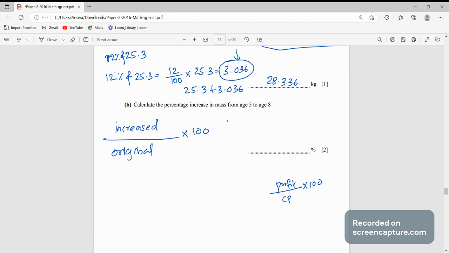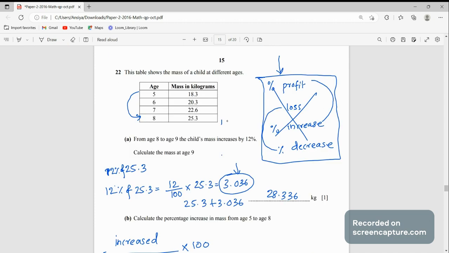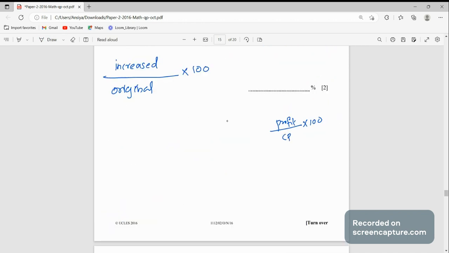Now, look here. How much increased? 18.3 became 25.3. So subtract them to see how much the weight increased. 7 kg change happened. What was the original weight in the beginning? 18.3 as per the data. So, increased weight divided by the original weight times 100 is the equation for percentage increase. And the answer is 38.25%. Check with your calculator. So note down this equation for percentage increase